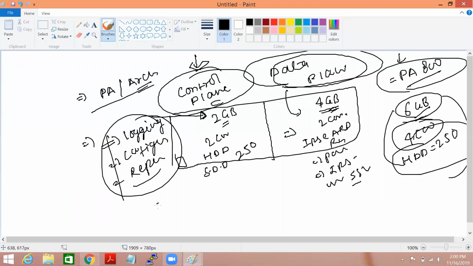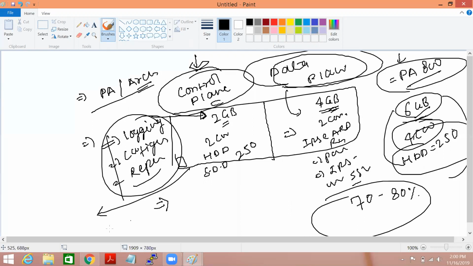The advantage of this control plane and data plane division is that, let's say your traffic inspection on the physical box is going around 70 to 80%, and you are trying to fetch a report of 3 GB log. It doesn't hamper your data plane inspection, and it doesn't affect the log fetching process. We can easily fetch the log because there is a separate hardware resource that we use as the control plane. So this is the basic architecture of Palo Alto.